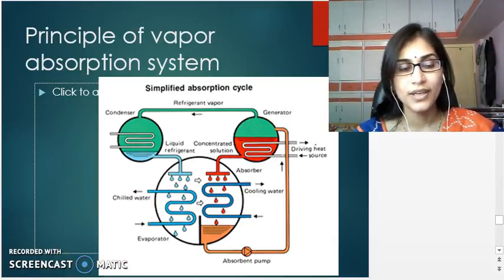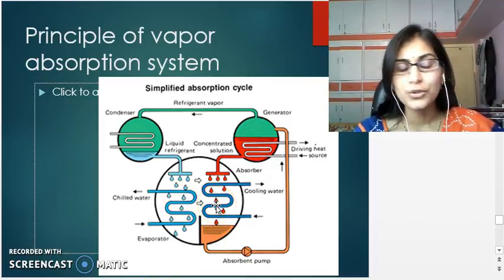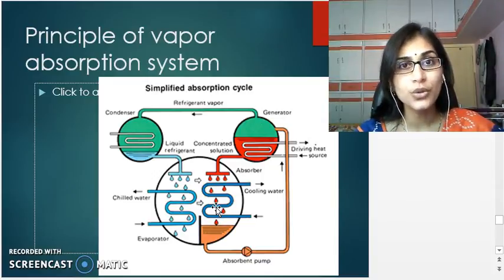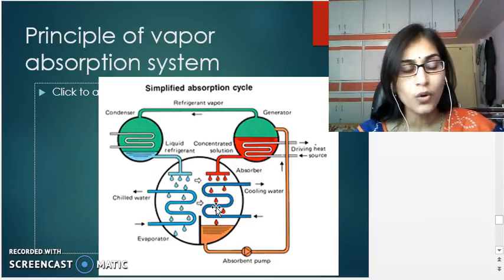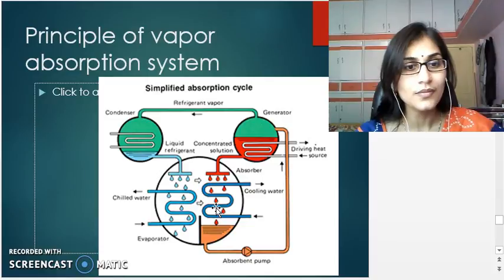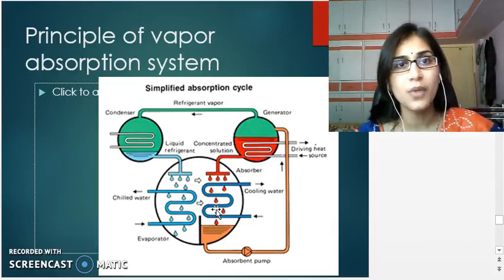This is the evaporator. The water is passed through a tube. It is cooled by spraying water over the tubes. The sprayed water flashes and further cools the chilled water in the tube. The chilled water goes to the environment which is to be cooled and abstracts heat from the chamber. The low pressure refrigerant vapor is absorbed into the absorbent, releasing a large amount of heat.